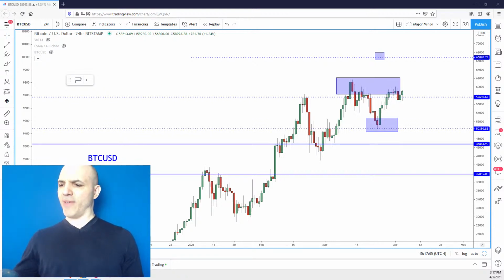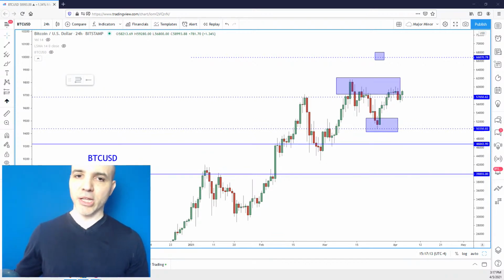And then on the 9th, we have Canadian net change in employment and the unemployment rate. That's important if you're in a Canadian pair. That's at 8:30 a.m. Eastern time. So that's not usually a big market mover, so I wouldn't worry too much about that. So it's not a very heavy news week besides the FOMC and Fed Chair Powell's speech. That's the only thing I'd really keep an eye on. Other than that, things are pretty easygoing here, it seems.